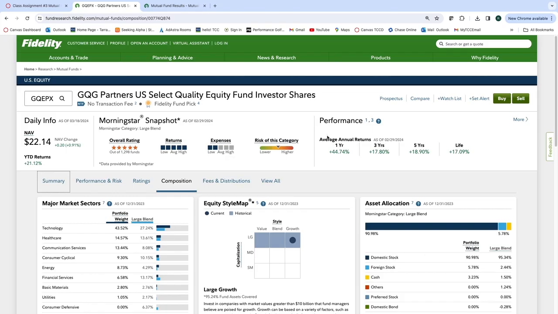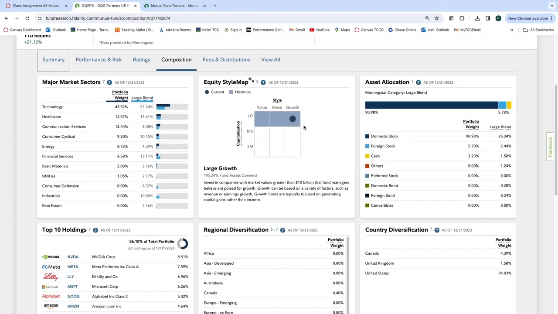You can get a plethora of information right in here. There's the 1 year, a 44% increase in 1 year of the fund. That's pretty incredible. 3 years, 18%. 5 years, 19%. Lifetime of 17%. If I quickly utilize the rule of 72, 72 divided by 17 is about 4 years, my friends. Your money doubles every 4 years. Is it going to be that way in the future? We don't know. But we know it's growth, and that's what I think you're wanting at a younger age. Again,